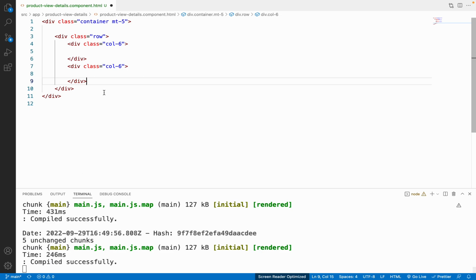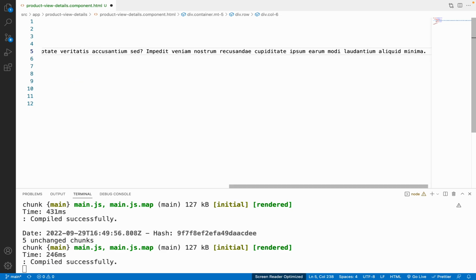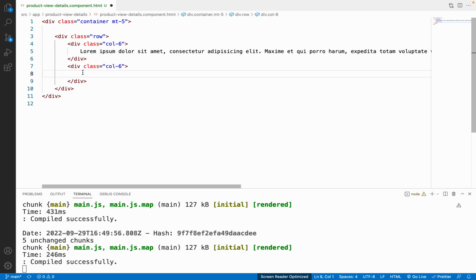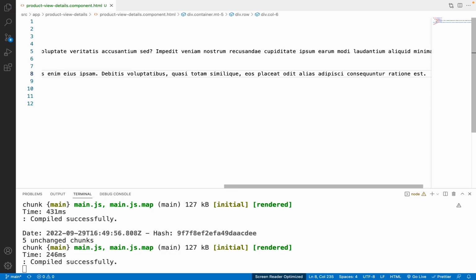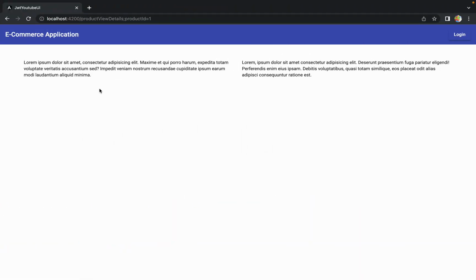So what we are saying is, we want one row, and that row should contain two different columns, and each division or each section should acquire 6 columns among 12. So the first division will acquire 6 columns and the second division will acquire the other 6 columns. In that way it will get split. If you want to check, you can again use lorem ipsum, which is a dummy text, and we can save it. Let me go to Chrome, and now if you see, our screen is divided into two